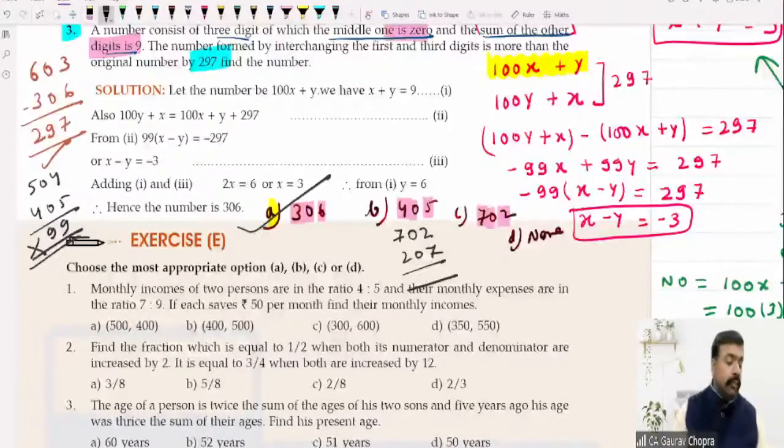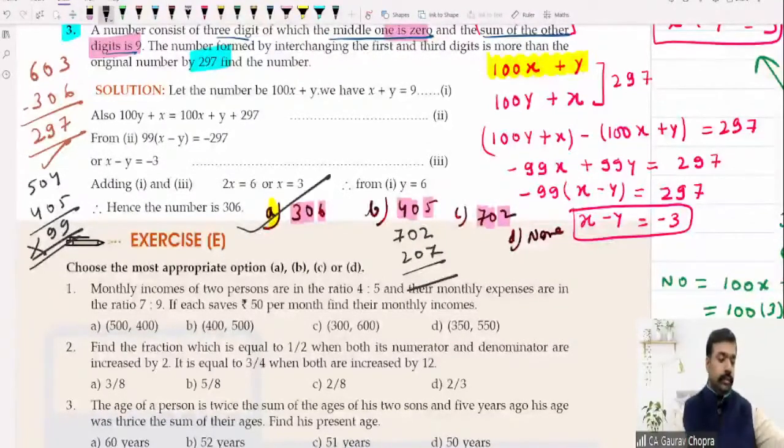So Ms. Gitika says, why have we taken only 100? Because we have 3 digits. That is why we have taken 100. If there were 4 digits, then we would have to take 1000. All right. So just because of 3 digits, we have taken 100. That is 3 digits. All right, Gitika.